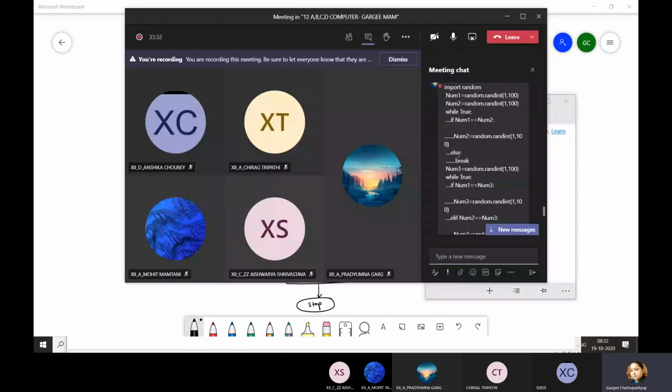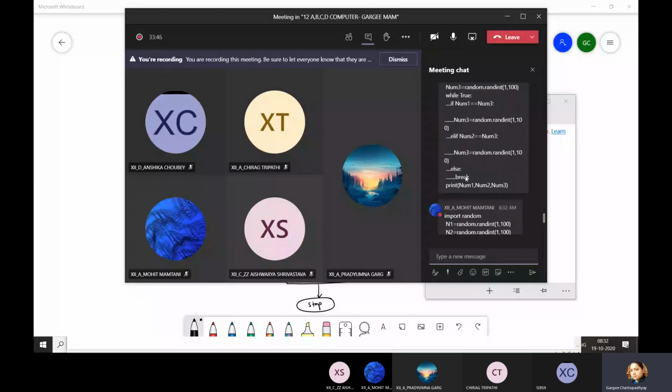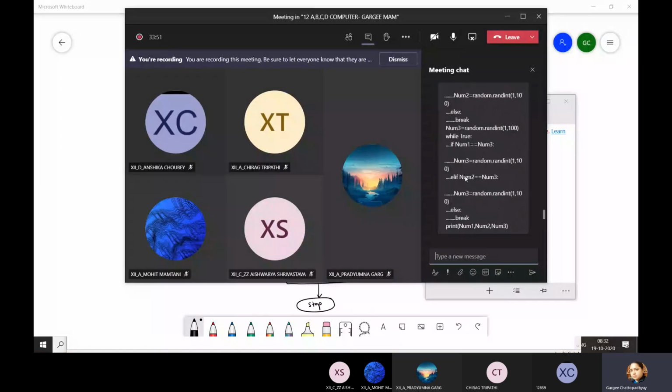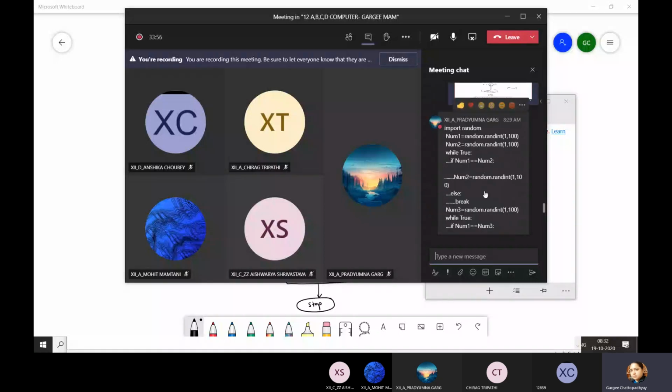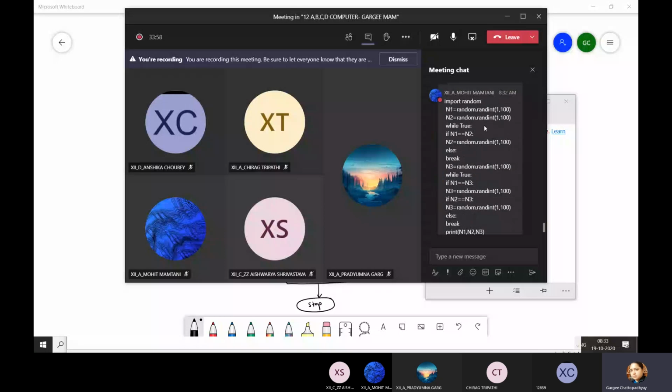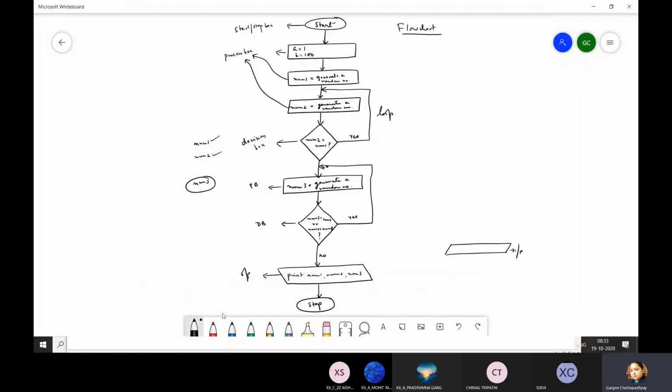You don't need this else condition, okay? It will automatically break when the condition becomes false. No, ma'am, it is Program while. It is correct. I know, while true, but you could have easily written while num1 is equal to num2. Inside, then if. Although the program is correct, no doubt. The program is absolutely correct. Okay, let me check. Mohit also has exactly the same. Correct answer. I'll show you my version.